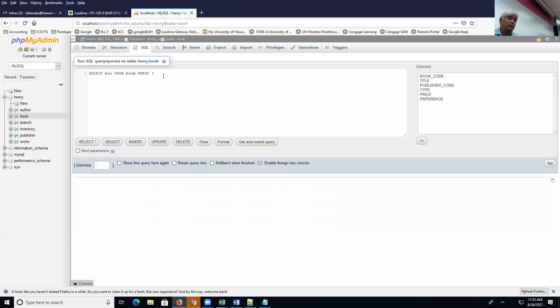Book code, because that's the name of the field, comma, title, from book where type is equal to HOR